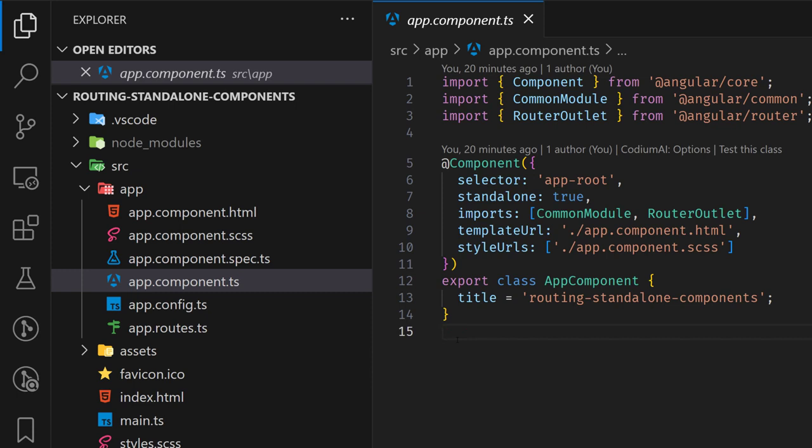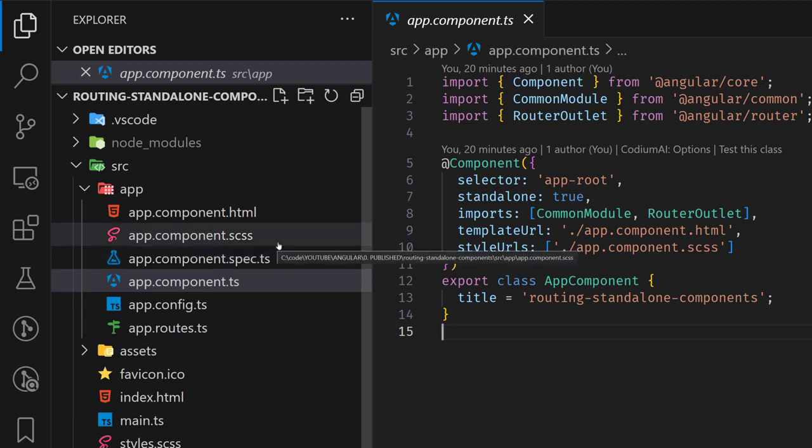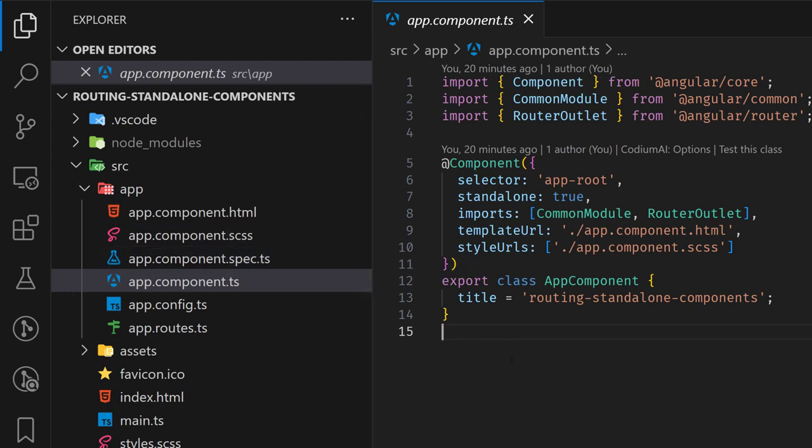Because in the past, we had to import our components into app module and do everything with them. But right now, when we generate a component, we can move that component across our application and be sure that it is going to work as expected without changing anything in the app module or any module where we imported our component. But what is important, we can still use modules in Angular if we actually need them. They are not out, we can still use them, but the newer and better approach is to use